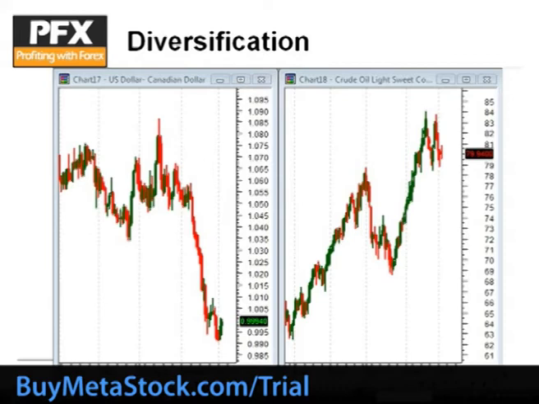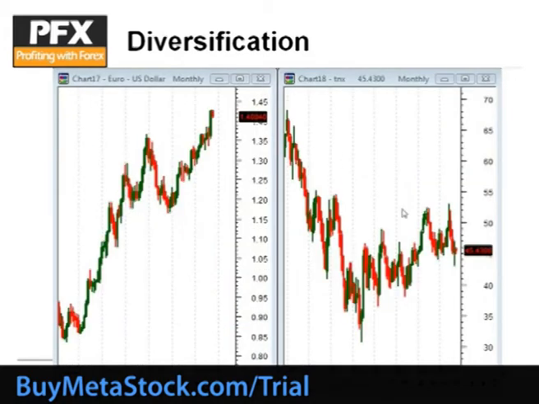Okay, so this is the euro versus the TNX. In this case, what we're looking at is 10-year yields on the right and the euro US dollar on the left. The reason I brought up the euro US dollar is that it's a great proxy. It's the currency pair you look at when you're trying to evaluate just the underlying value